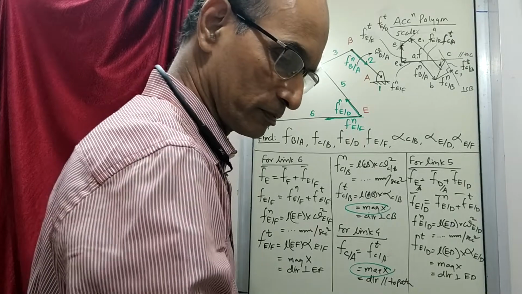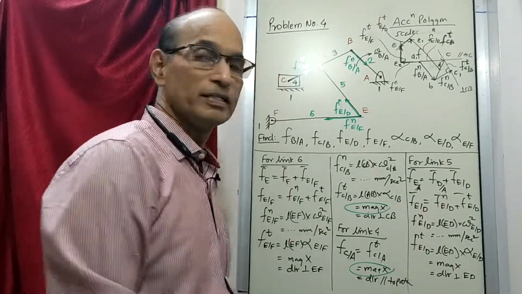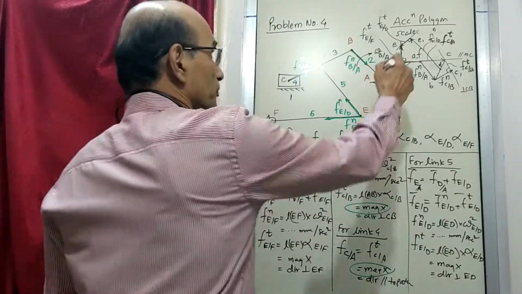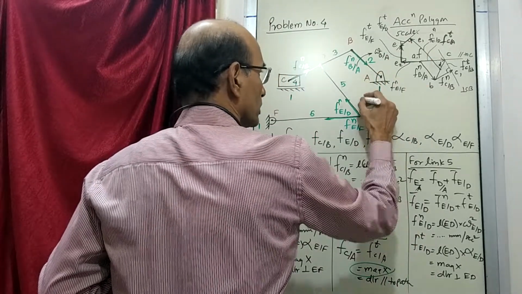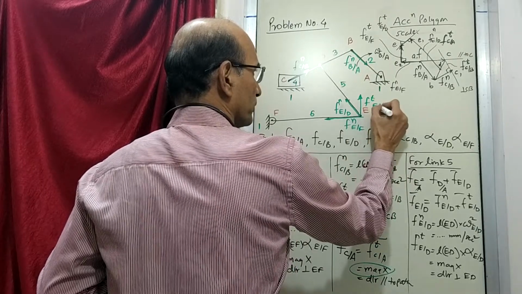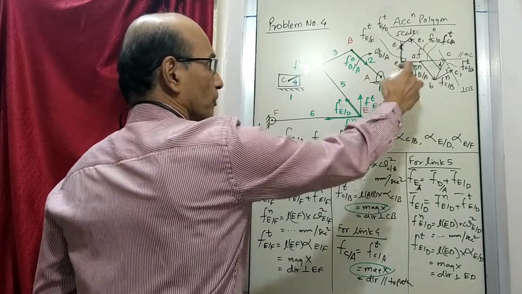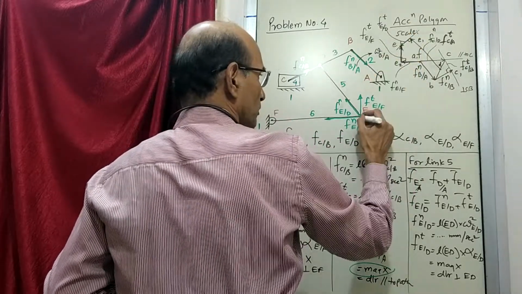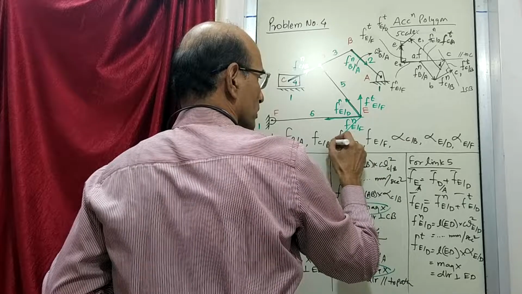With respect to D. So at this stage you will find that we have got everything, we have got all the values. So if you want to put this here, you will have to do it like this. This was normal and this is tangential obtained by polygon. Similarly, this was normal and the tangential obtained by polygon like this.